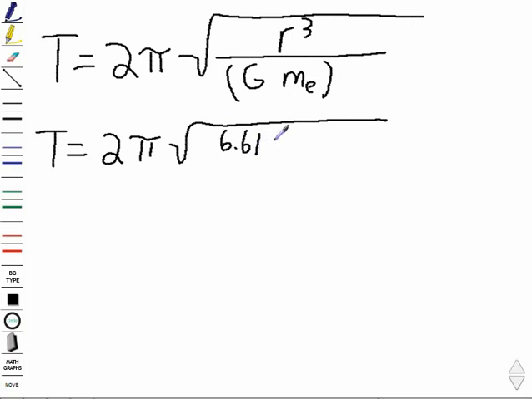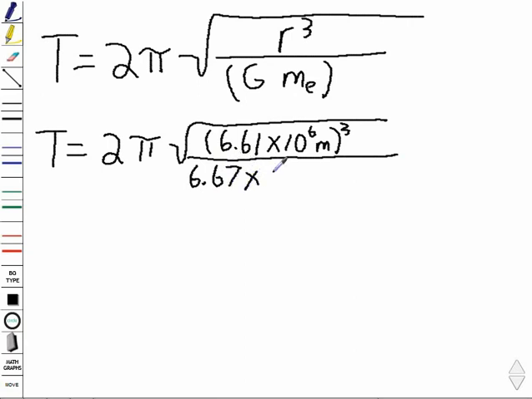So that's 6.61 times 10 to the 6 meters. And I'm going to cube that number. And that's going to be divided by the universal gravitational constant, 6.67, times 10 to the negative 11th,